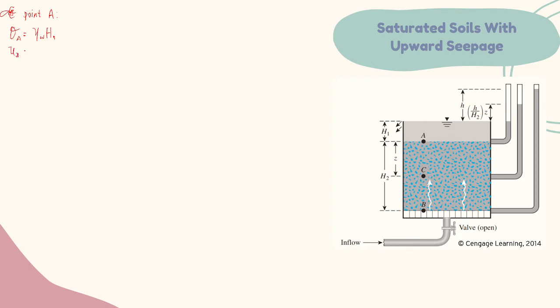While for the pore water pressure at A, this is also the unit weight of water times H sub 1. Therefore, our effective stress at point A is equal to 0. So as for our point B,